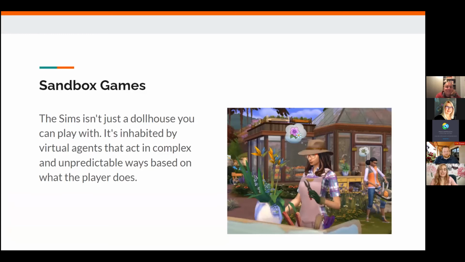Another example of this is The Sims. And I think The Sims is a great example because you can dismiss it as just playing house or playing with dolls, but it's not. There's so much complexity in The Sims, all these little reactions and feedback and loops, that when you set up a scenario, the game is essentially playing with you. All the unpredictable things that happen, all those randomized chances, all those different interaction points that have been built out, so that when you put the pieces together, you're essentially telling the story with the game. It's the game saying, here's how it could be, here's a million ways it could go. And as you put those pieces together, you begin telling the story with them.